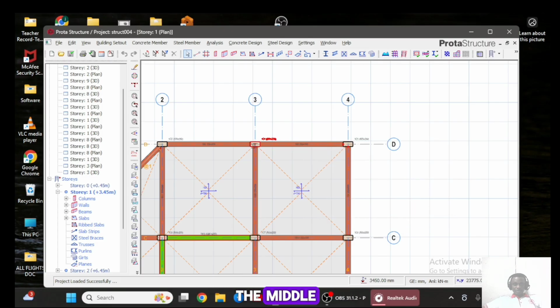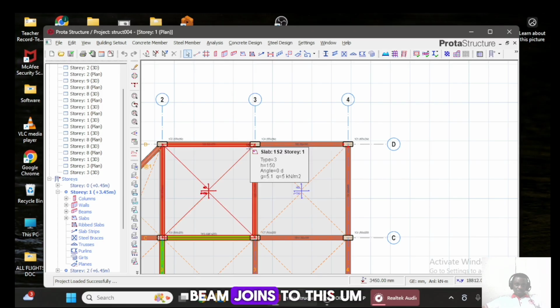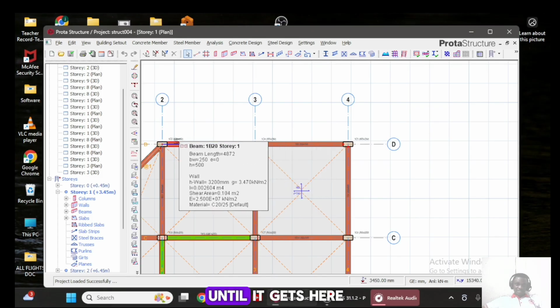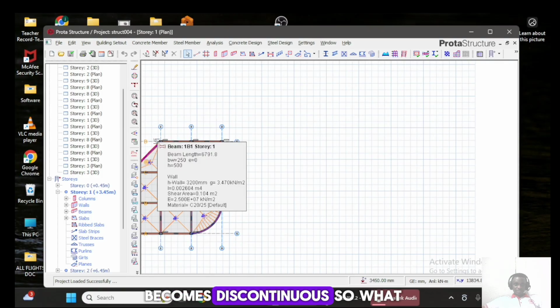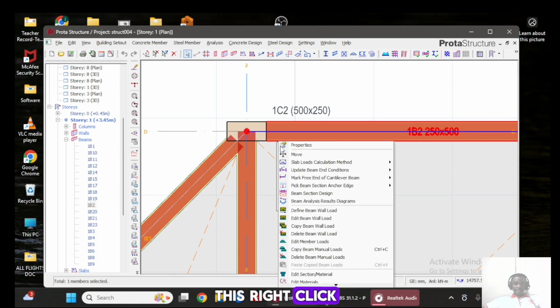But if you look at this one at the middle now, you will discover that this beam stops here, but it continues. Another beam joins to this end of the column, so it is continuous until it gets here. It now becomes discontinuous. So what you need to do here is to click on this, right click, and then you go to